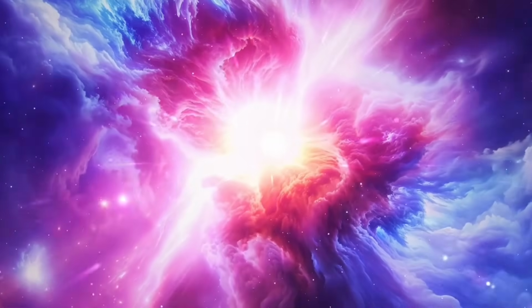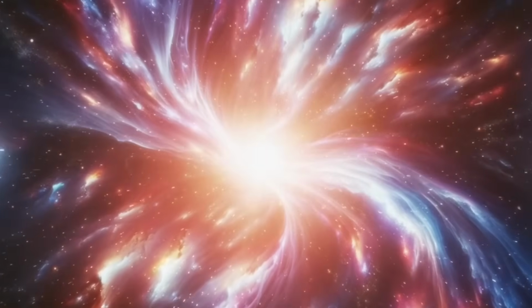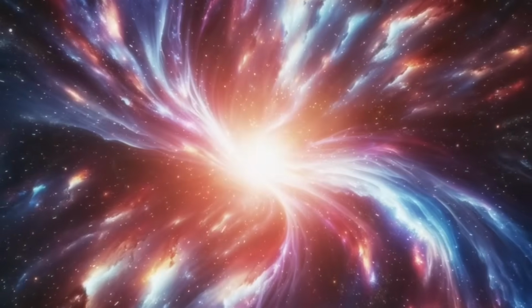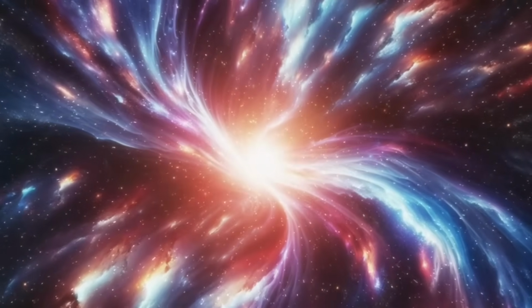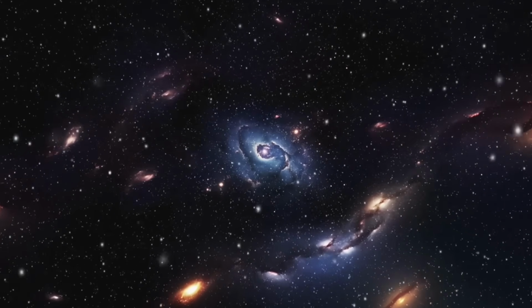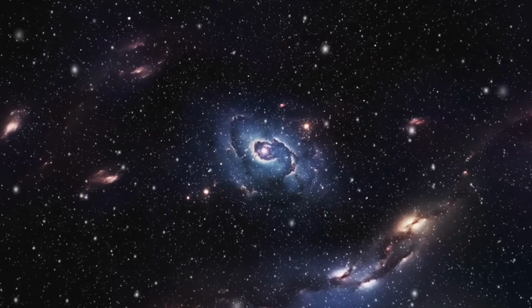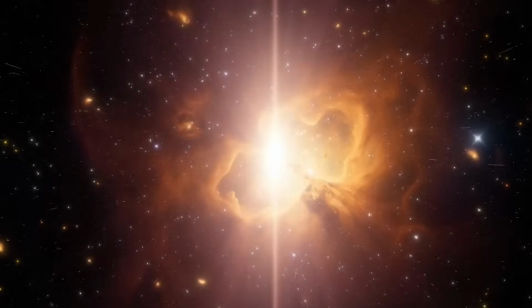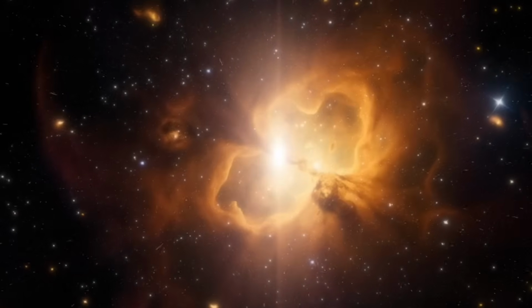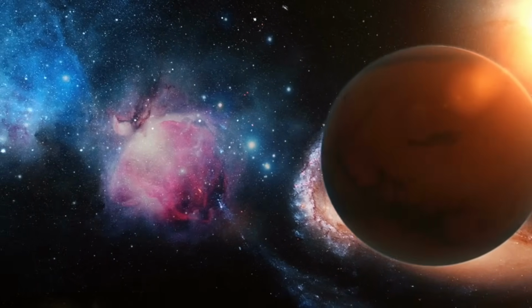This process is part of what makes the star not only enormous, but also exceptionally violent in its final stages. Visualizing a star that could engulf the entire inner solar system challenges our understanding of scale, highlighting how the universe can construct objects so large that they dwarf entire planetary systems. Westerlund 1-26 is not merely a star, it is a sprawling cosmic furnace, a reminder of the mind-bending extremes nature